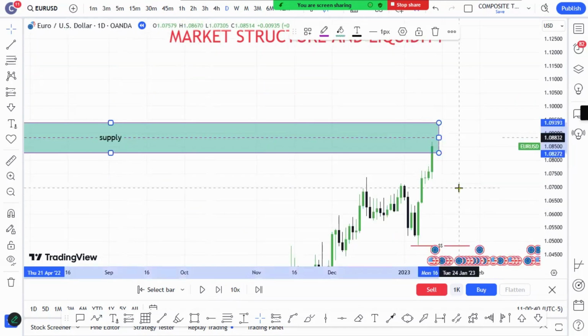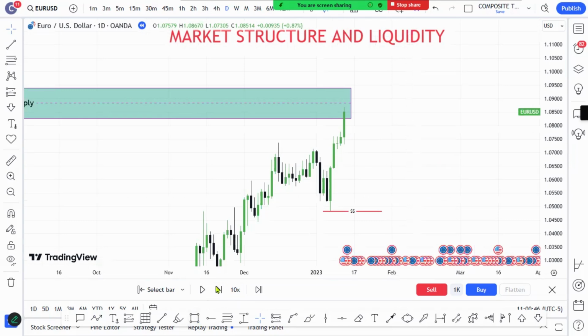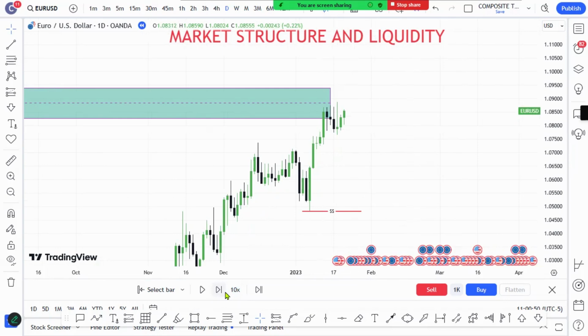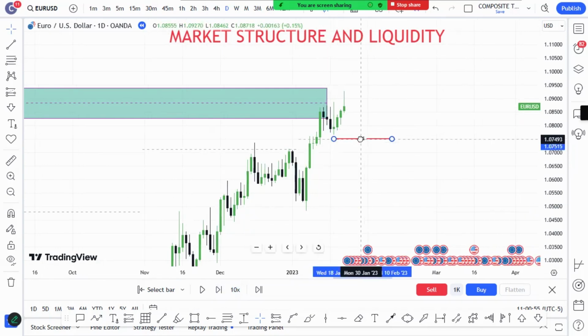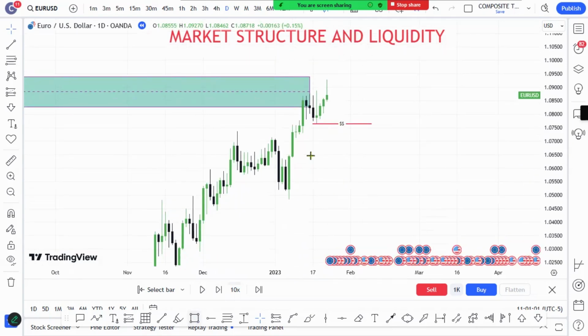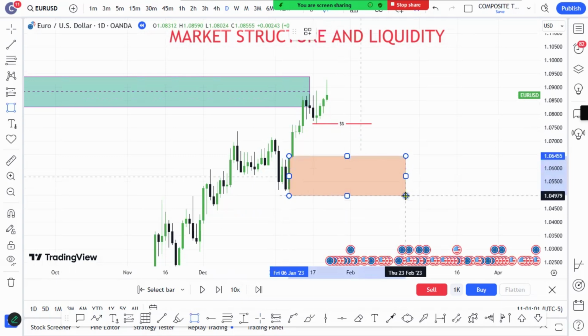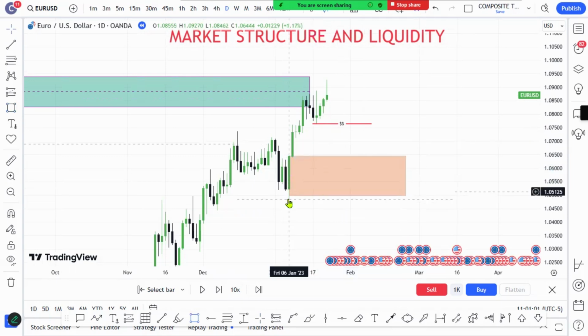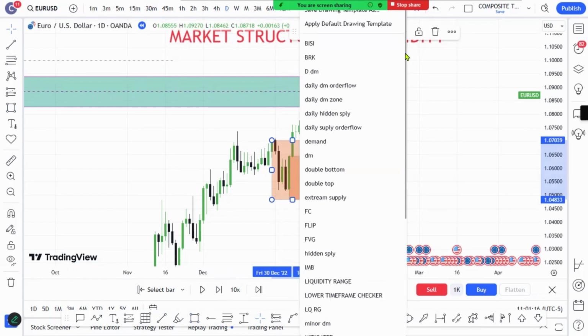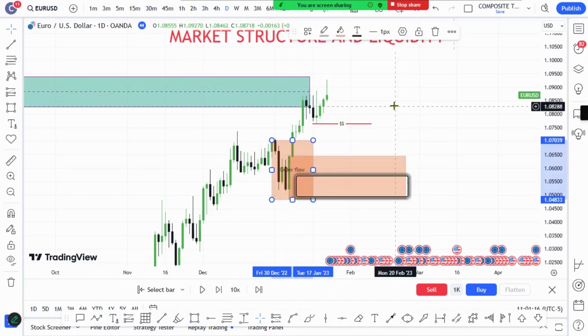Then I do this, I bring it here. Then what happens? The market again, you see, reacts as if it's going to sell. See, it goes higher. According to the right rules, this is what we call the liquidity. And if I am marking the right way, then I want to buy from this level. And this is just my order flow, the last sell before the buy. This can be my order flow. Order flow here.